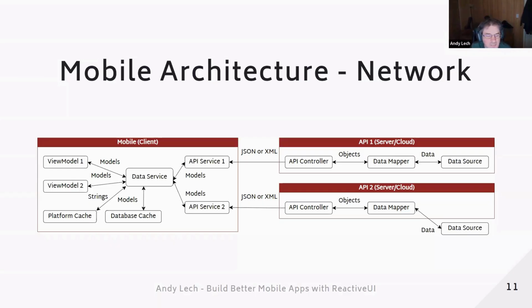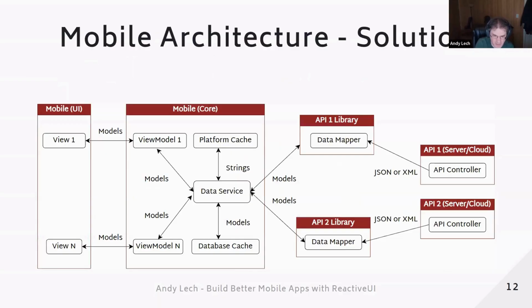You may be consuming it from multiple sources, but this is the network view. So if we start making it a little more complicated, this is how you would structure your app to consume from these different sources. And I'll take this one step further before we get back into the reactive UI. If you've got a variety of view models,